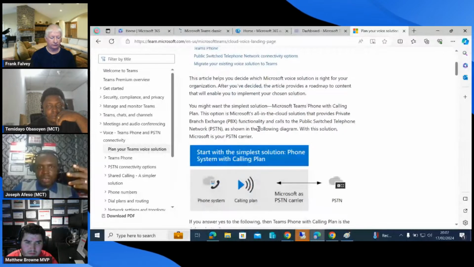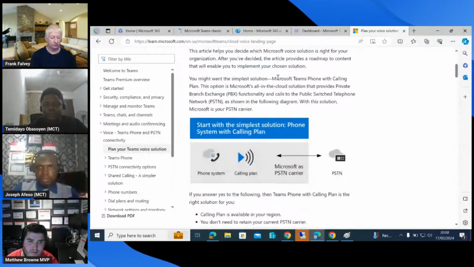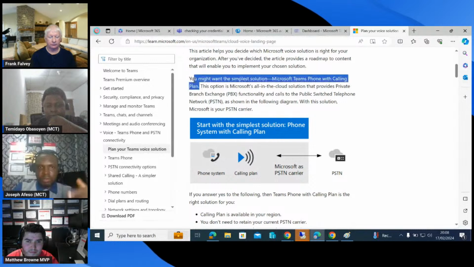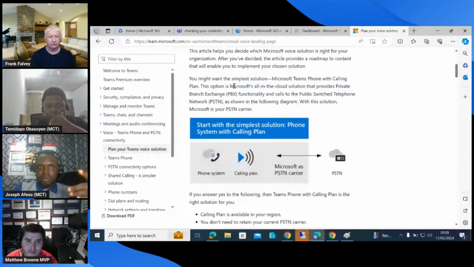You might want a simple solution, Microsoft Teams Phone with calling plan. I will explain all of these. So what it means is that you want Microsoft to be your phone number provider. You don't want to go elsewhere. It is simple, straightforward to set up, but unfortunately, it is not in all the countries in the world where you can have Microsoft Phone System and calling plan set up for you. So because of that, there are some considerations you would want to give. So this option for using Microsoft calling plan